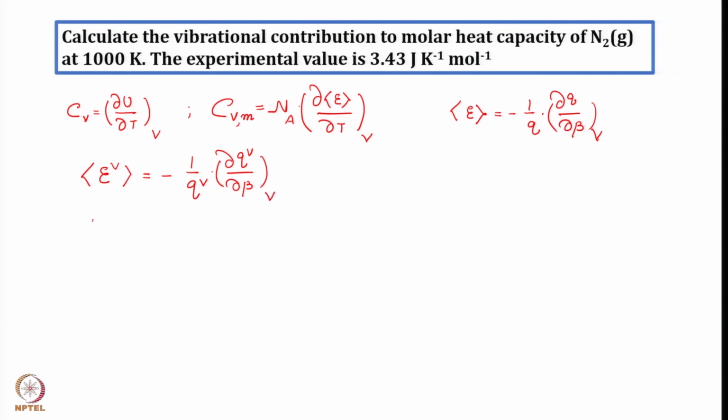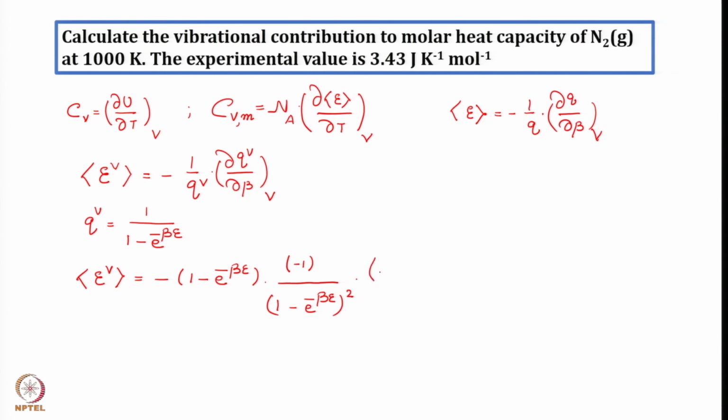We also know that Q vibrational is equal to 1 over 1 minus exponential minus beta E. Therefore, your mean vibrational energy is going to be minus 1 by Q, that means minus 1 minus exponential minus beta E, into the derivative of 1 over 1 minus exponential minus beta E. This is going to be minus 1 over 1 minus exponential minus beta E squared